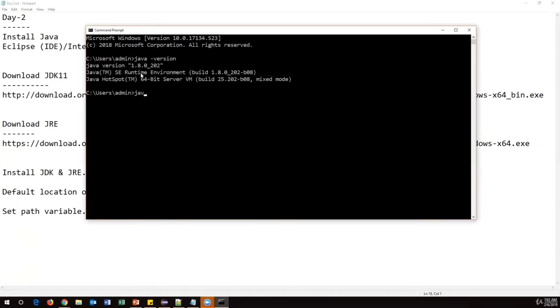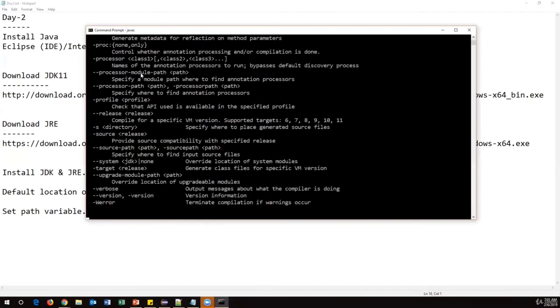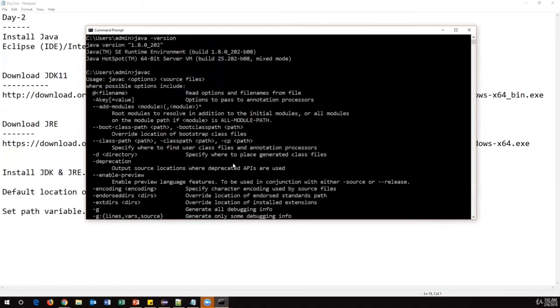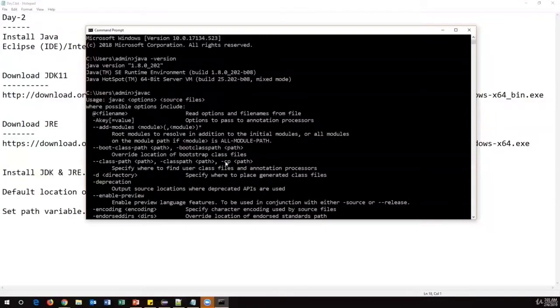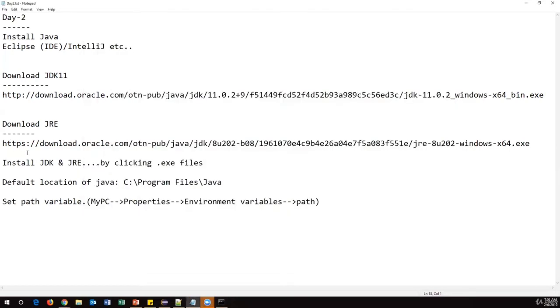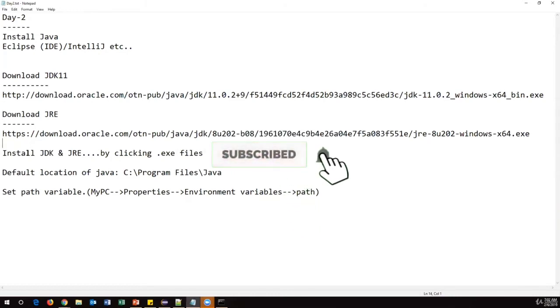And when I type javac, it will give you a certain number of commands, the Java compiler commands. If you get this list of commands, that means you have successfully installed Java in your system. This is how we install the complete JDK and JRE and set up the path. These are the steps you have to follow at the beginning: install JDK and JRE, note the default location of Java and JRE, and then configure the path. These are the settings you have to do at the initial level, and today itself we have to configure all these things and get ready.